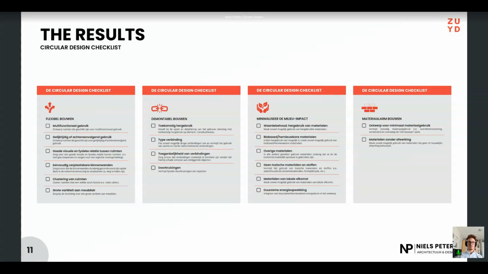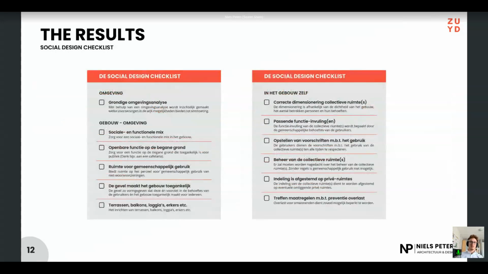So first of all, as you can see on this slide, I developed a circular design checklist. And this checklist basically contains 4 circular design principles that are translated into a couple of preconditions and requirements and guidelines that can be used as a design tool for designing circular buildings. I also developed a so-called social design checklist, and once again, these are some preconditions and